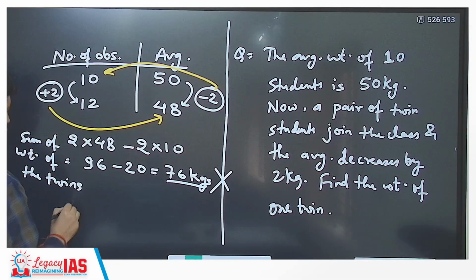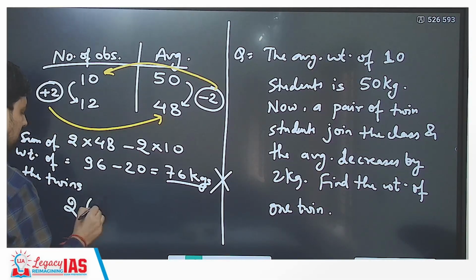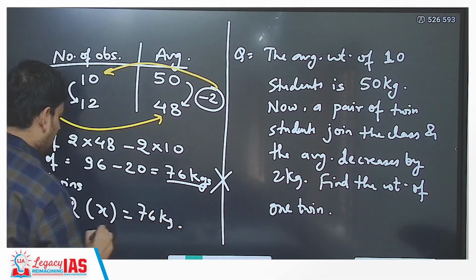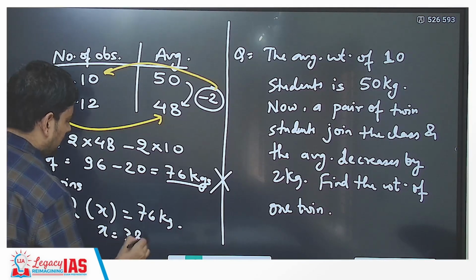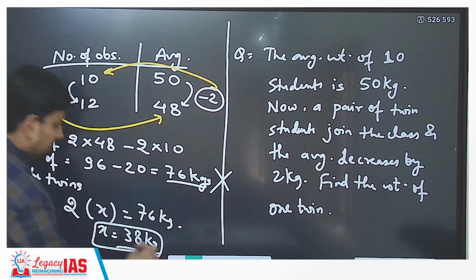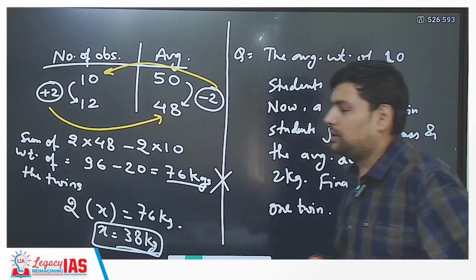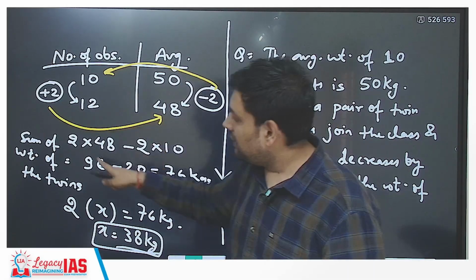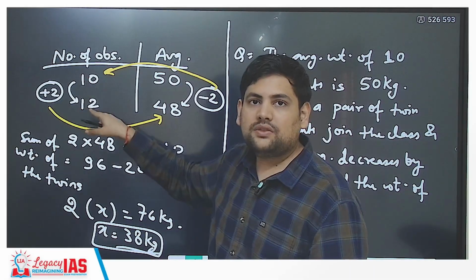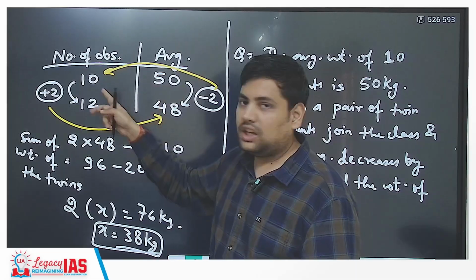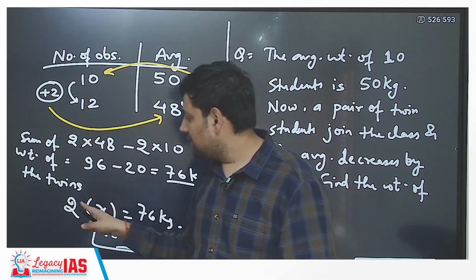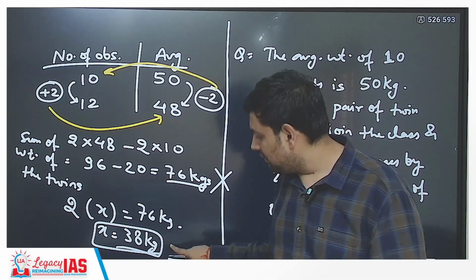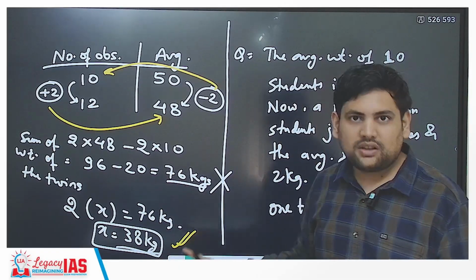So let's say the weight of one twin is x. So 2x is equal to 76 kg, or x comes out to be 38 kg. This will be the weight of the twin brother. Whatever you get from doing like this is whatever changes because of the inclusion or exclusion. So here you included two people, so this will give you the sum of the weight of two people. Then you divide it by 2 because they are twins, so eventually you get the weight of one twin brother